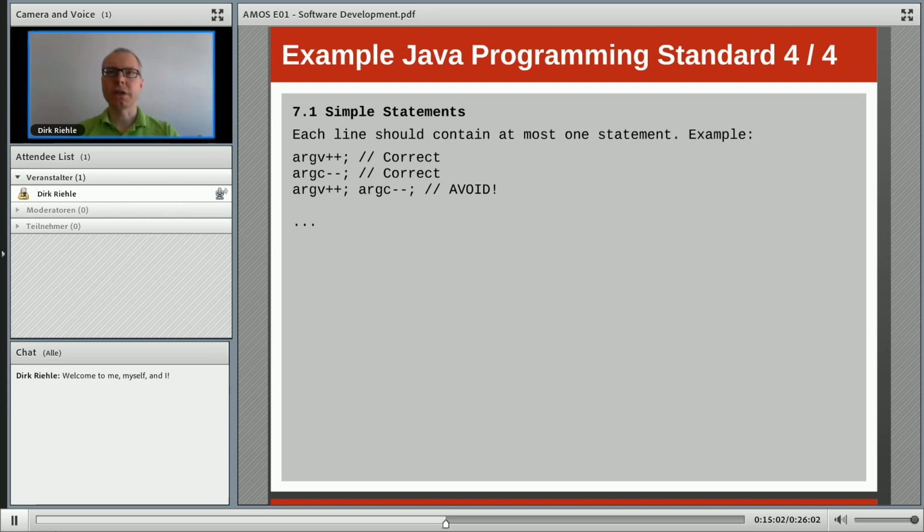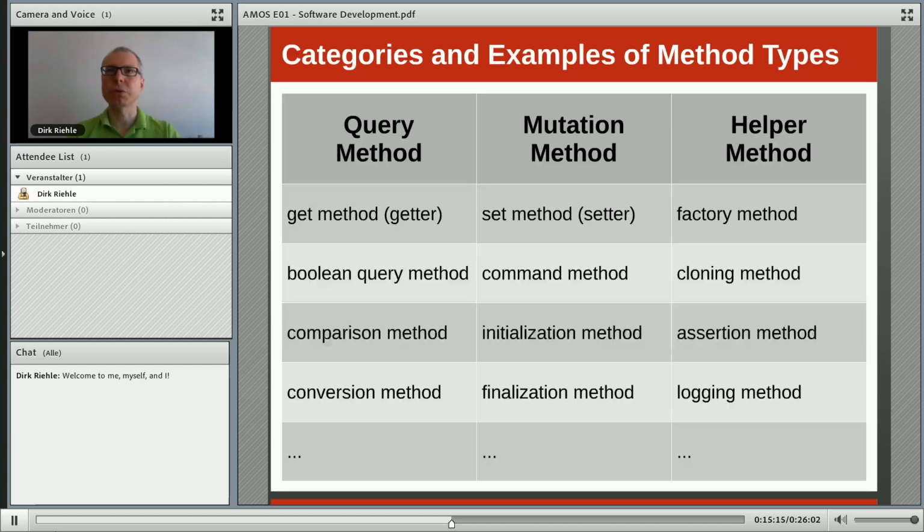There are all kinds of things that point to how to avoid basic bugs by simply well-known psychological facts about how to write your code. For example, one statement per line of code. All right, conventions, patterns, all of those, they don't stop with just programming guidelines. In fact, the expert programmer has a lot of them in the head.